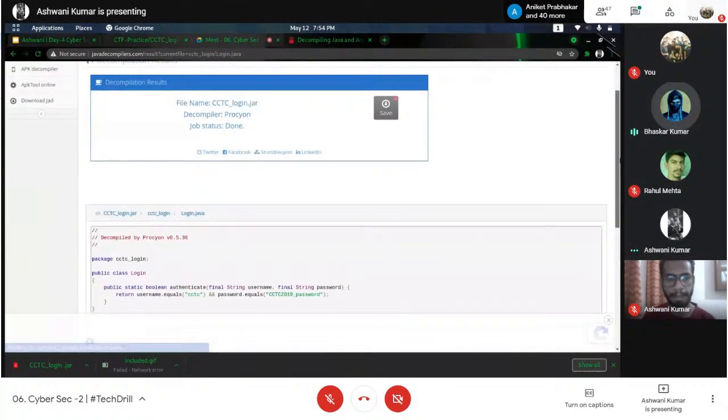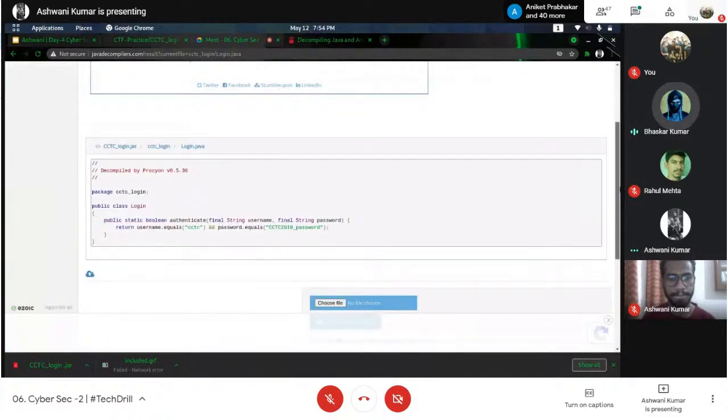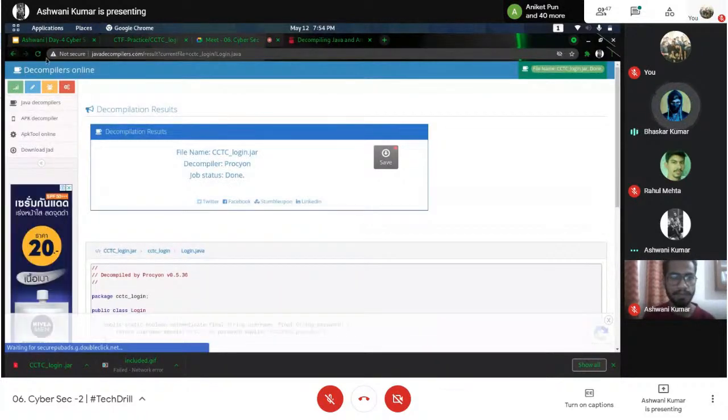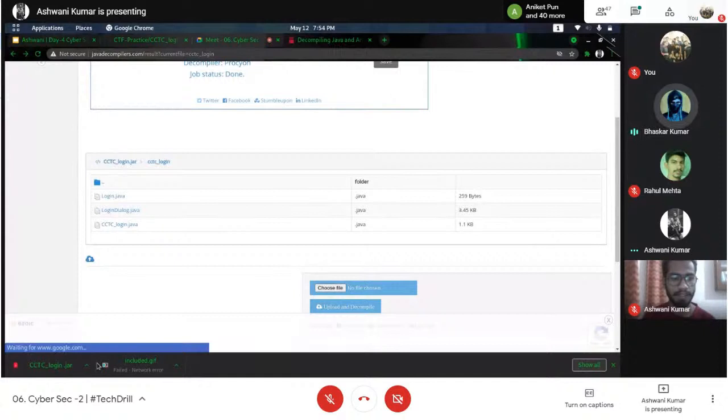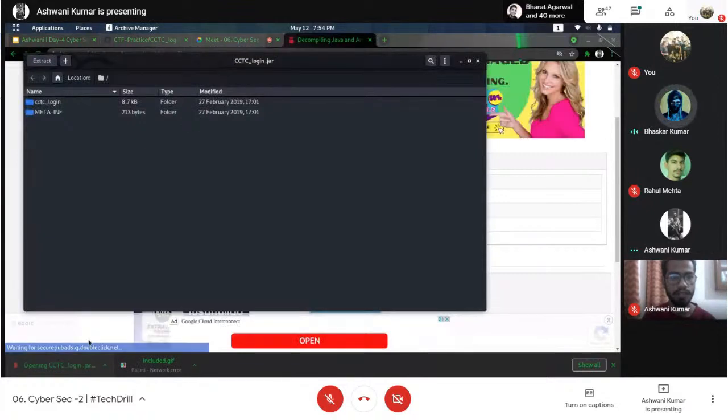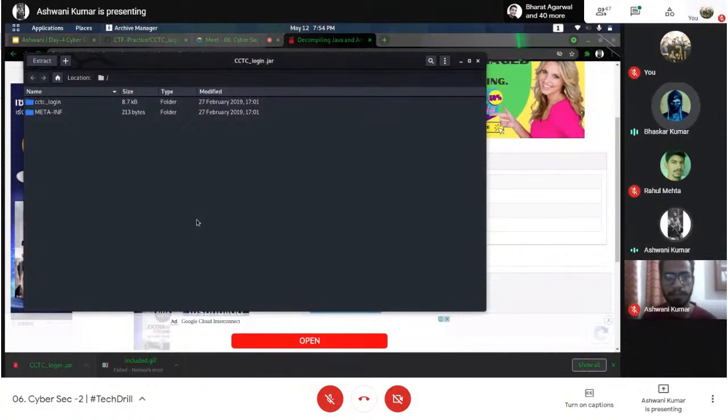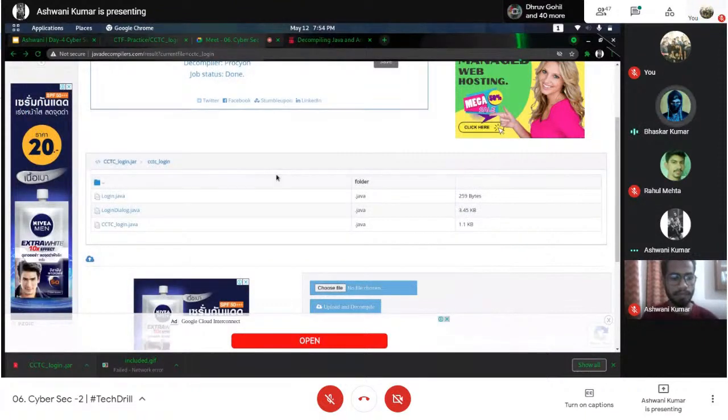Ashwini, before doing this, can you just open that file and show the audience what exactly cctc login.jar is doing? Okay, you are in Linux, right? So in Windows, I guess you can run the jar by running cctc login.jar.